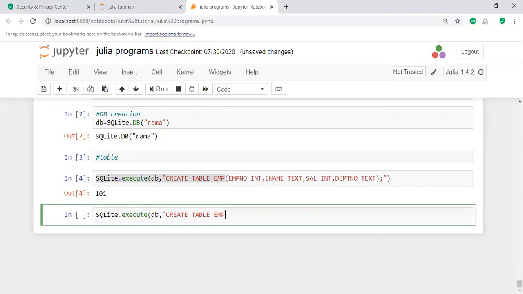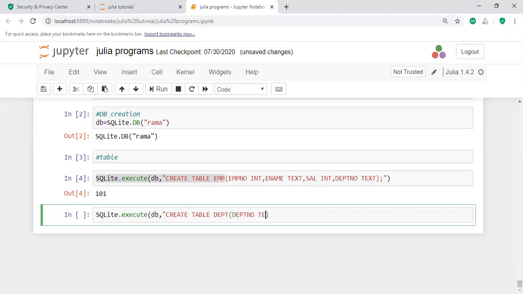Here, not the employee number. I'm going to create the DEPT department table. What does the department table consist of? The department table consists of DEPT number.